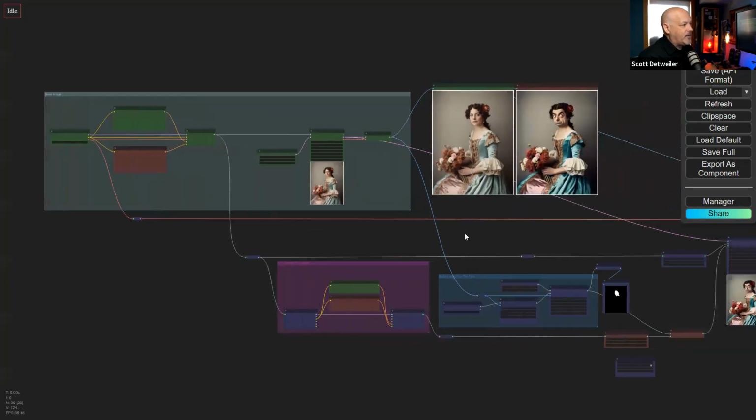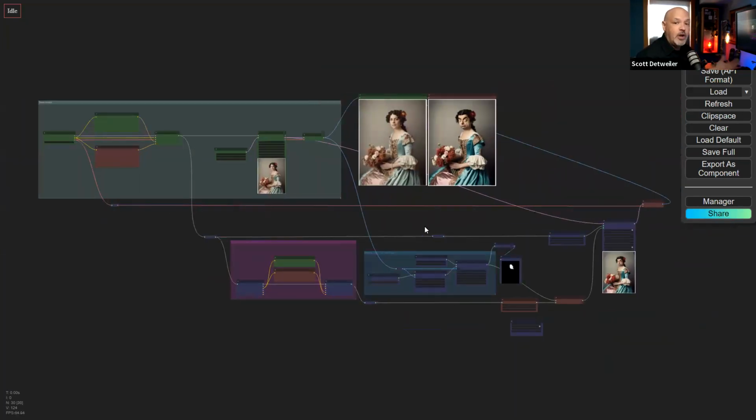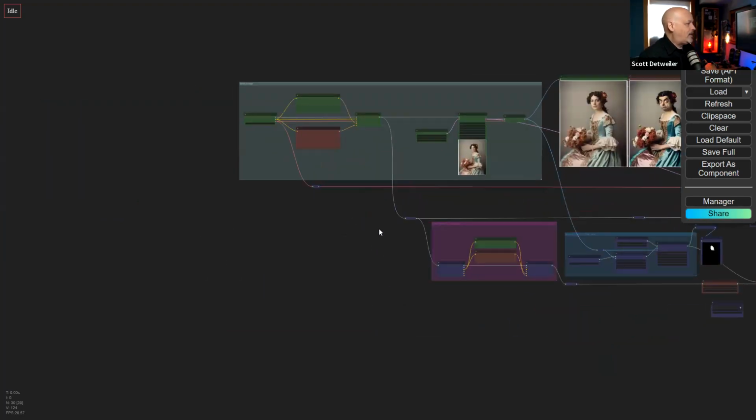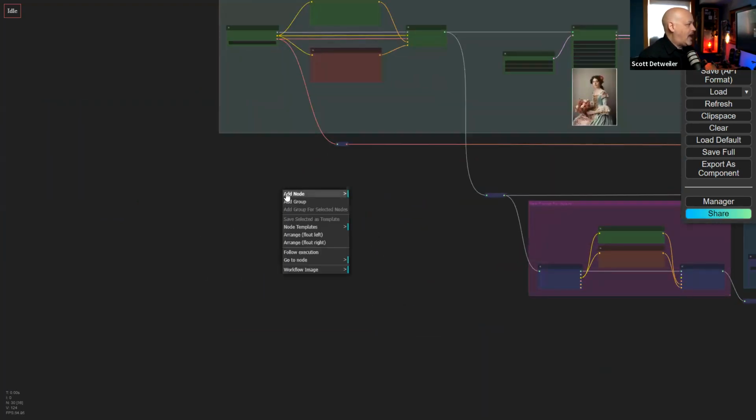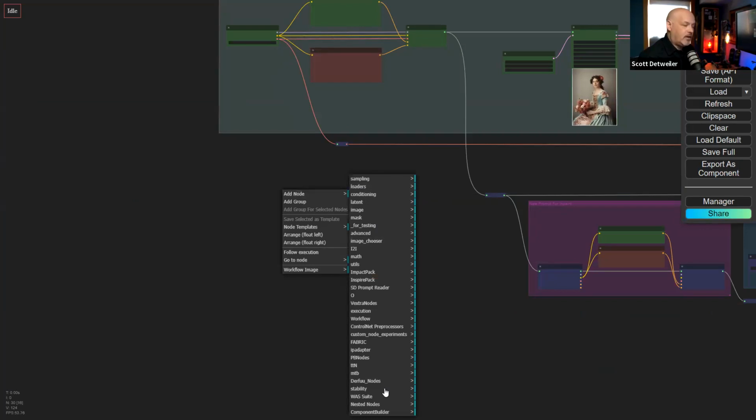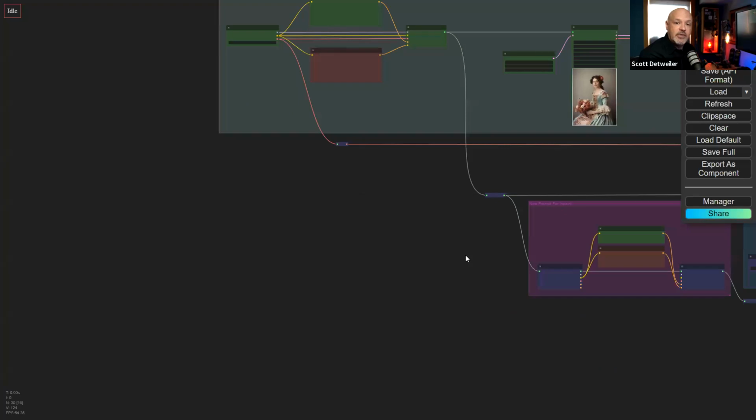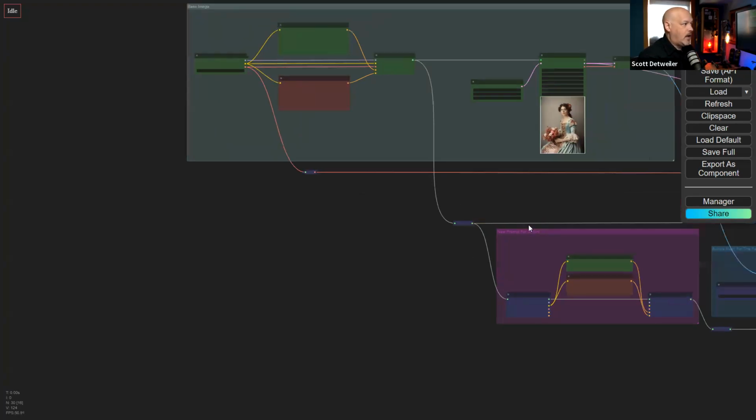But the other benefit of this product is that a lot of people contribute nodes or extensions to it. Automatic 1111 has a very similar thing, but in Comfy, it's a lot more pervasive. Comfy itself has very few internal functions. In fact, math is not even in the product. So when we right-click to add a node, you see all these external libraries that are added, and all the people that write these different things maintain them themselves. Whenever there's a new node that comes out, I can feel free to go ahead and use a git pull on that, and it will update it, and I'm ready to go.